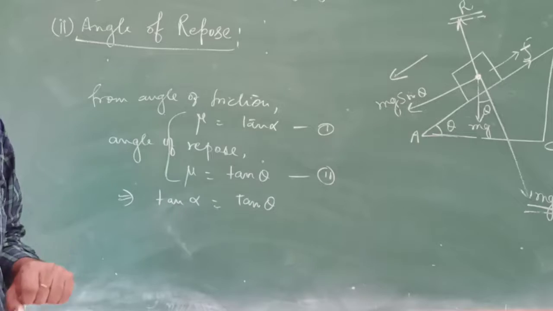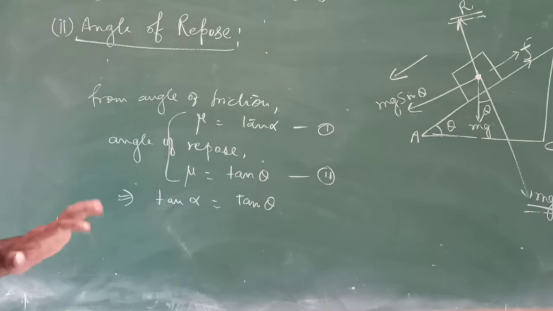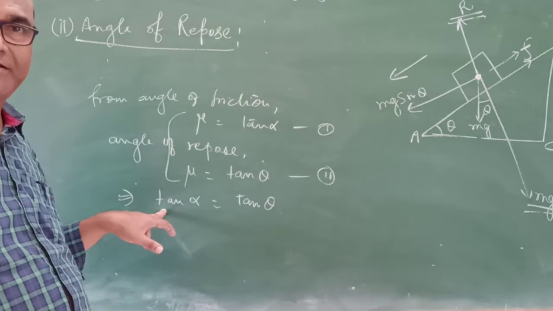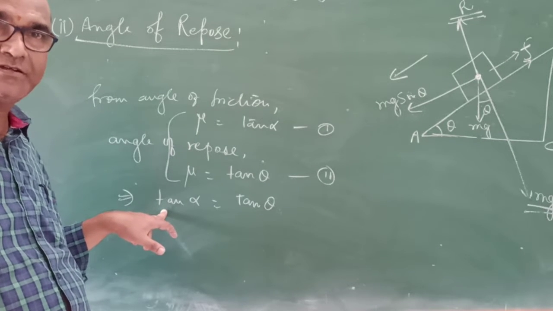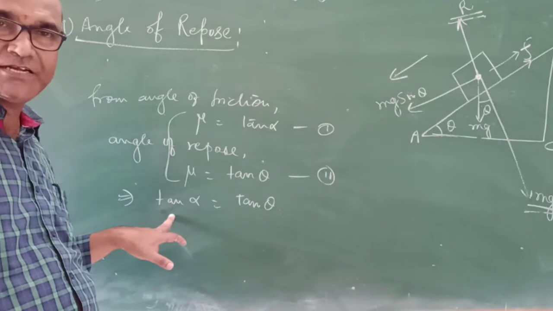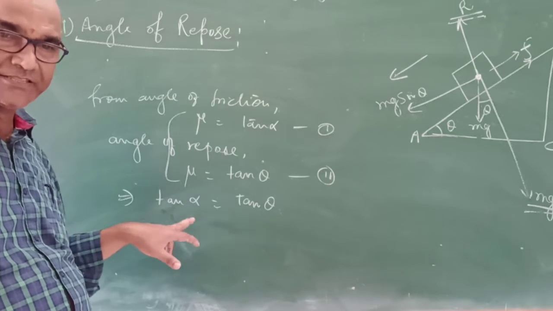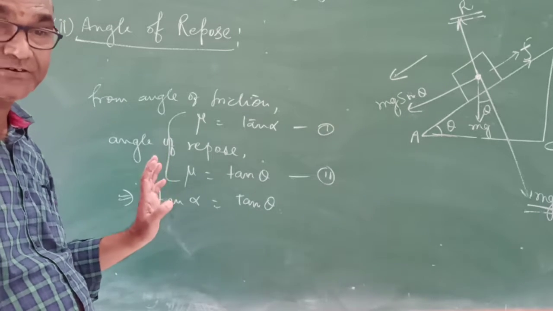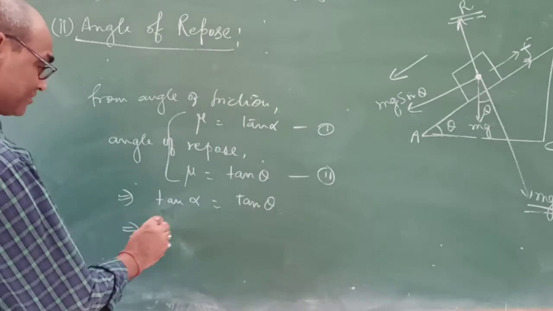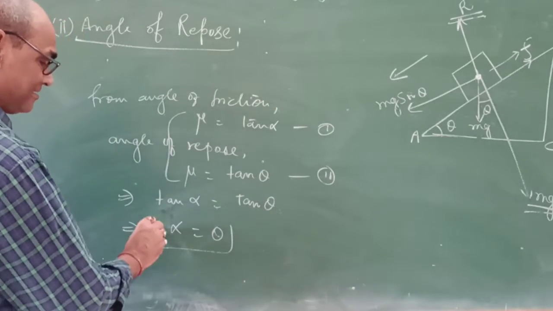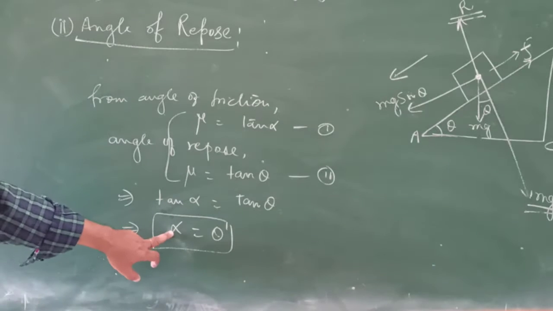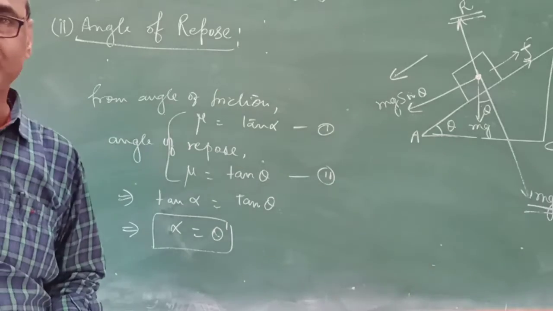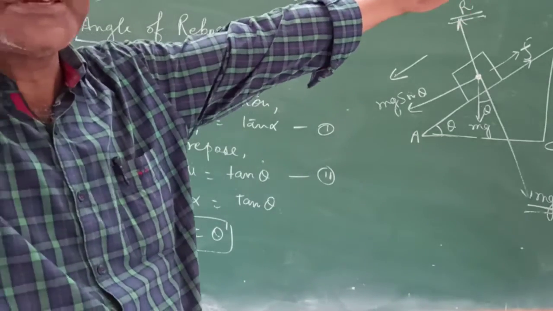Do not cancel tan like that; never cancel it, at least not in front of me. We can take the inverse of tan. Therefore, inverse of tan alpha is equal to inverse of tan theta. Now it will cancel out automatically. Therefore, we write here alpha is equal to theta. Alpha is the angle of friction. Theta is the angle of repose. Therefore, angle of friction is equal to angle of repose. Hence proved. Is it clear?